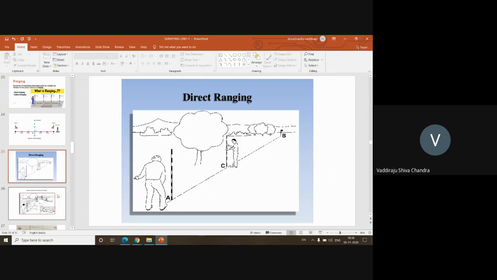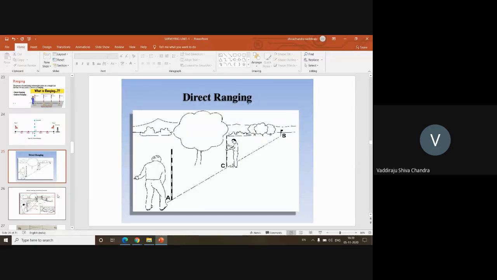That is, the person standing at A will be able to see both B and C, and if the ranging rod is kept at C, then the person should not be able to see the ranging rod kept at B, because both will be in the same line. So in this fashion we do the direct ranging. It's an easy process,